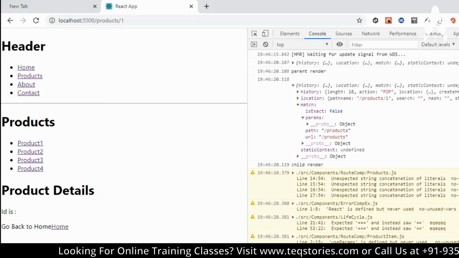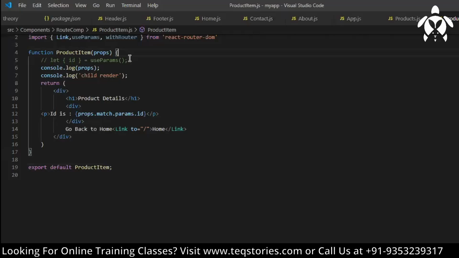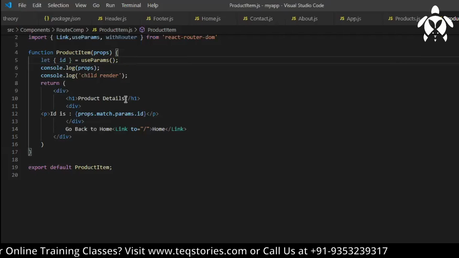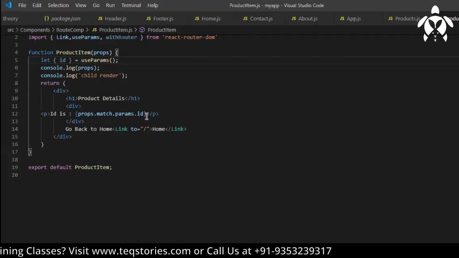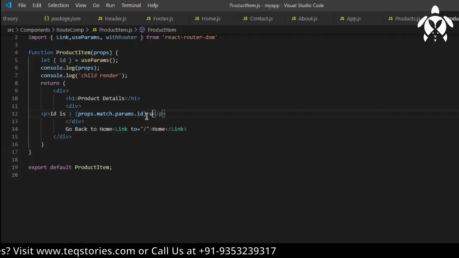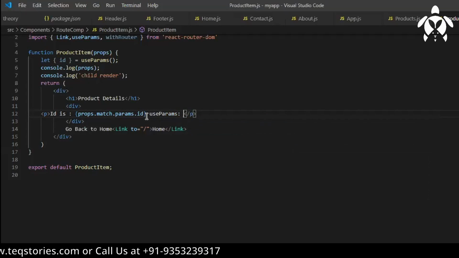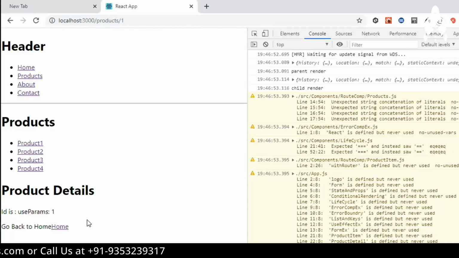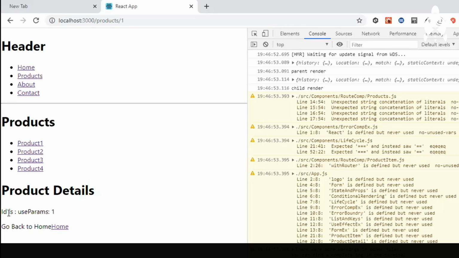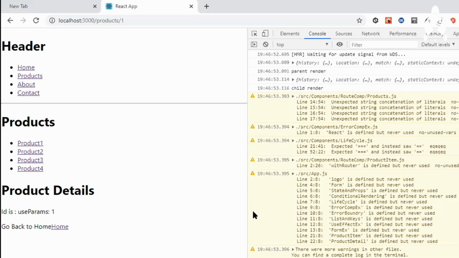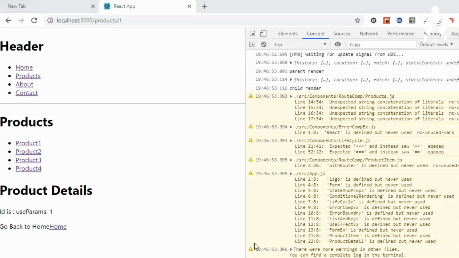Now what I will do, I'll uncomment this useParams, and now I'll use the ID. So I'm getting useParams ID 1, but I'm not getting props ID, right? For that, if you want that, then you have to wrap your component with withRouter. So withRouter will give you the updated params.